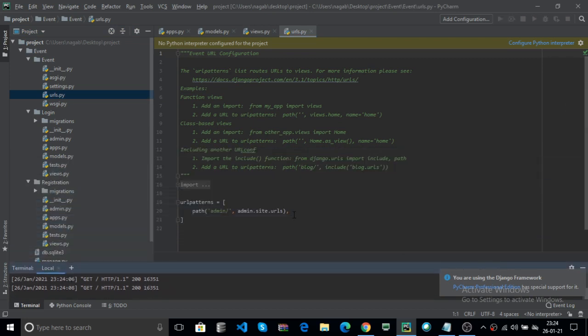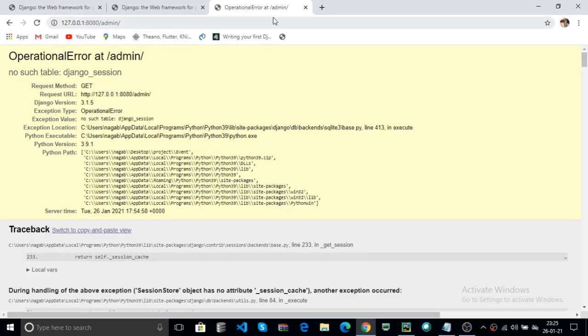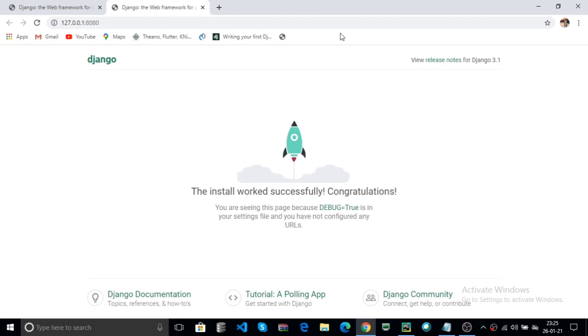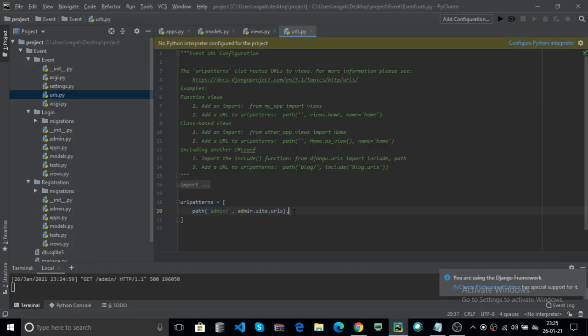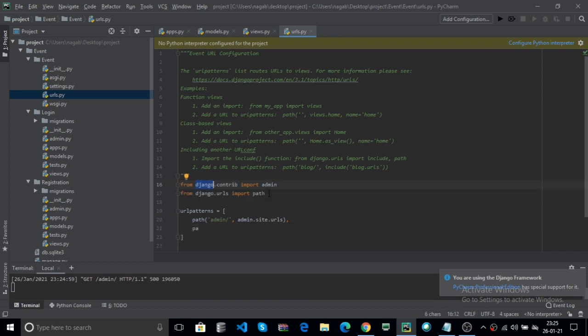Here by default there is admin. I will discuss later what happens with admin. Now, path is already imported. Here you can specify the path for your response.